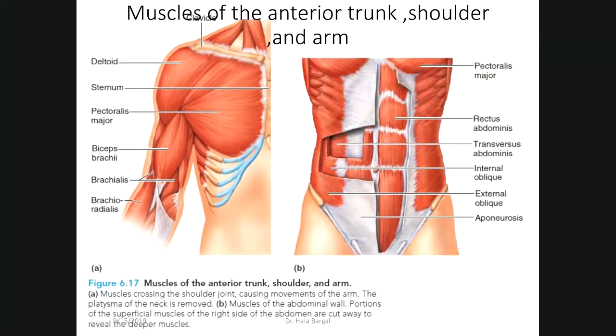Okay, what is the action of these abdominal muscles? The action of the abdominal muscles is to increase the intra-abdominal pressure. These muscles contract during the process of defecation, urination, and childbirth. These are what we call the abdominal muscles. The external oblique, internal oblique, transversus abdominis, and the rectus abdominis, the most superficial one, which we call the six packs muscle. Okay,